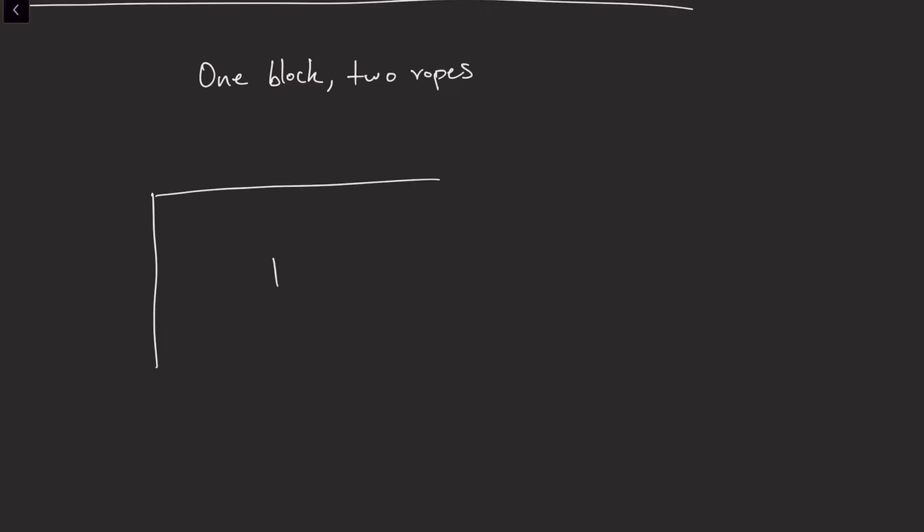Now let's move on to a slightly more complicated system. Now we have the same single block, but instead of one rope, we have 2 ropes. Let's say we have a room, and we have a box that's being suspended from the ceiling by 2 ropes. There exists some force T1 in the first rope, and there exists some force T2 exerting along the second rope. We also know that this block has 2 kilograms of mass, and that the rope makes an angle of 30 degrees from the horizontal. Great.